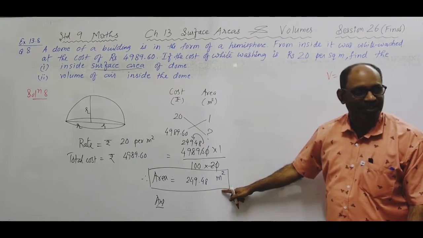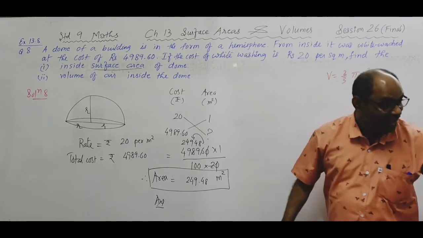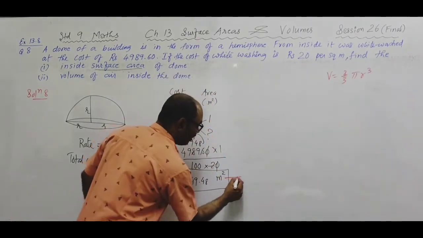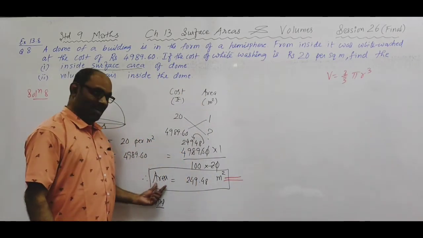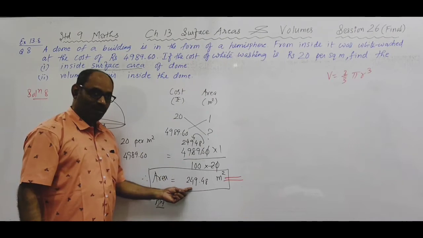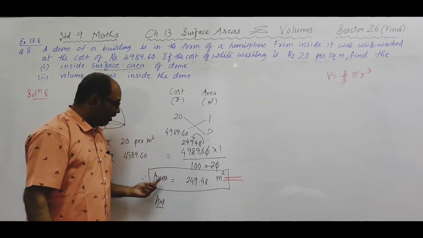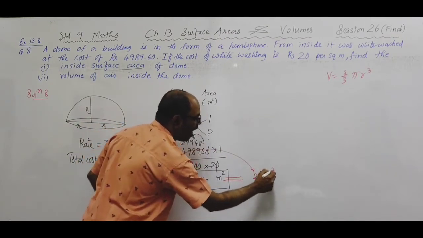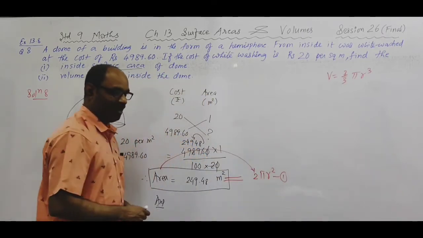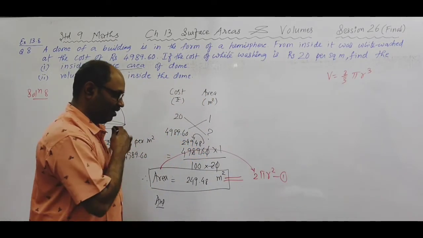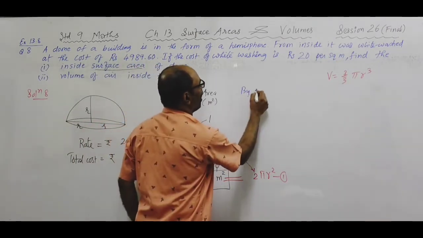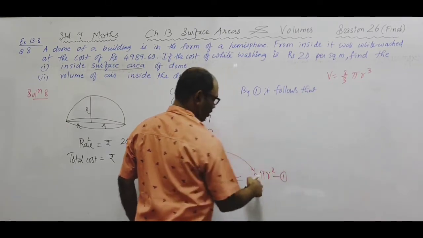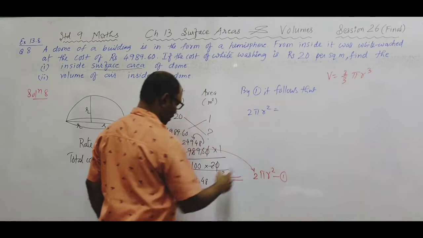What do I call this situation? Extension of condition. So I'll write that the area is 249.48 meter square, but by formula, what is it? 2 pi r square. And I shall call it result number 1. By 1 it follows that 2 pi r square is